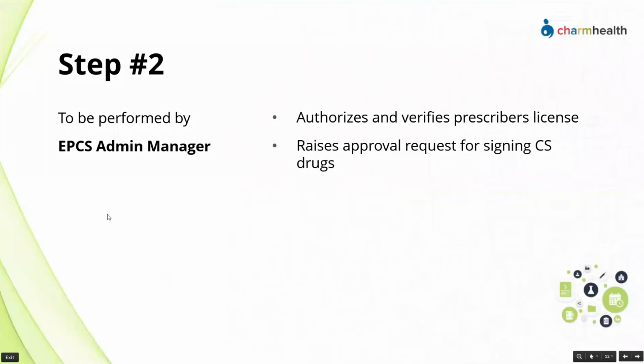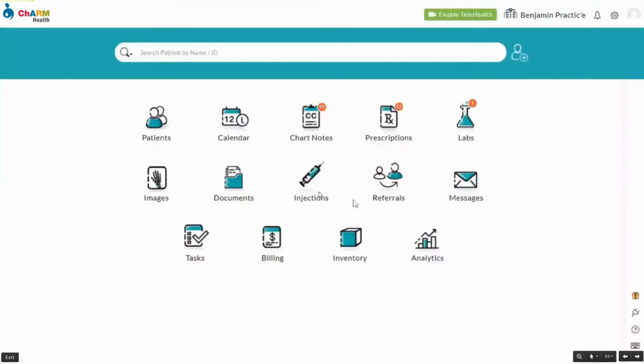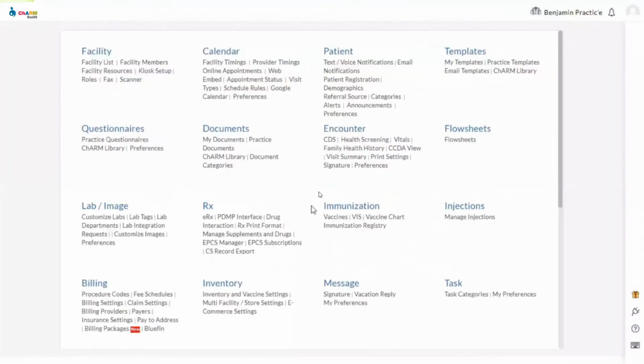Step 2, again, this is going to be the admin manager. You're going to authorize and verify prescribers' licenses and raise approval requests for the CS drugs. So once you go ahead and verify those licenses, and this is just by looking at it, you'll go to the EPCS manager page,